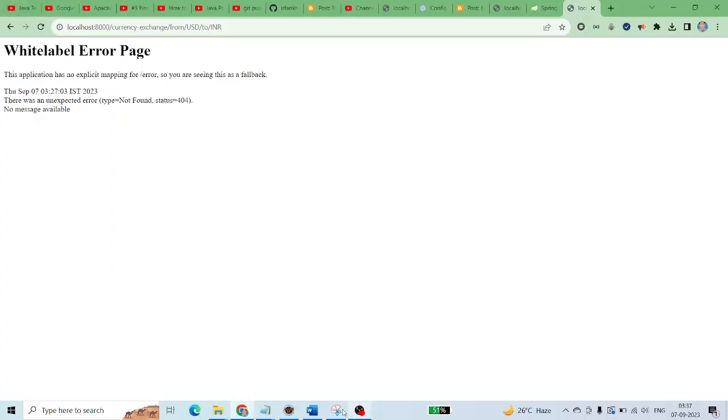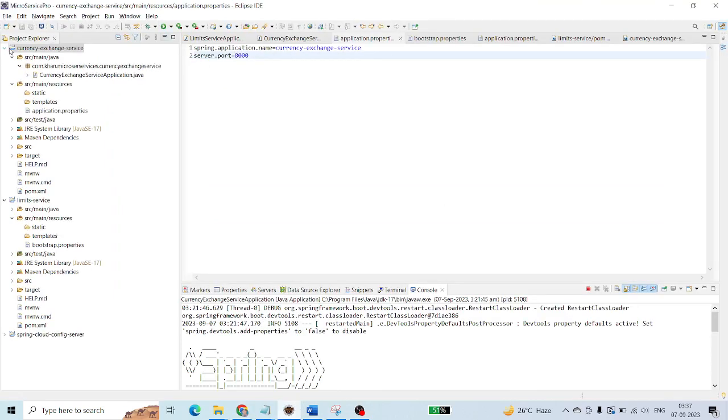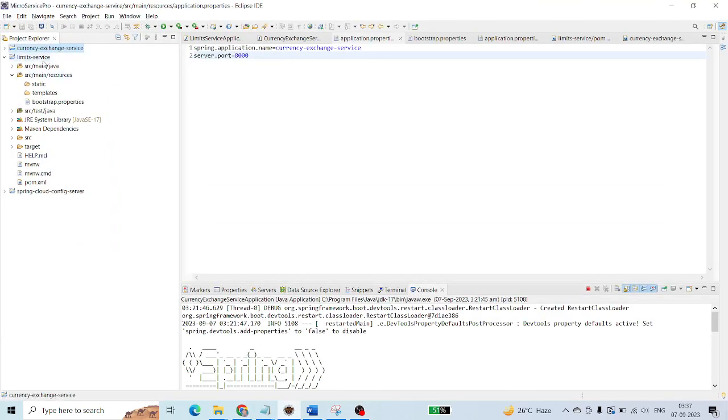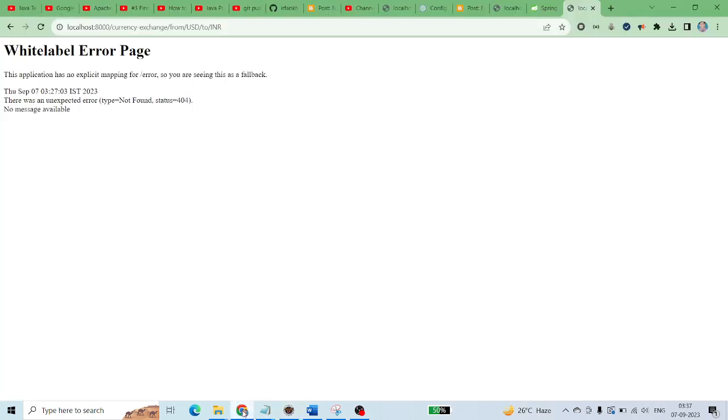As we have already created one microservice for currency exchange, if you can see over here, we have this currency exchange service. Now let's start with some dummy changes. Dummy changes means we will add some hard coded value to return back as a currency